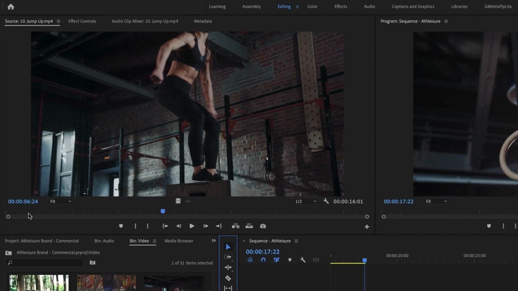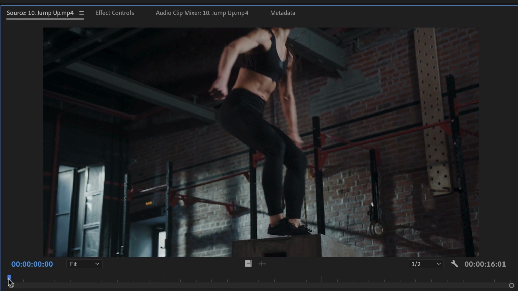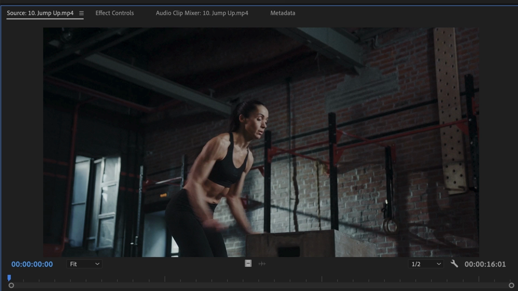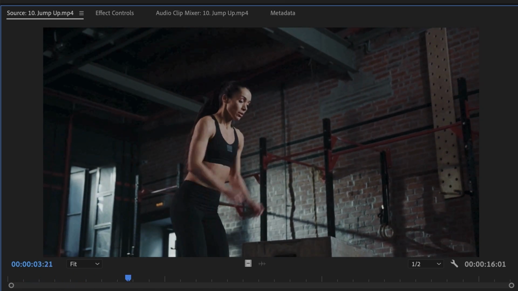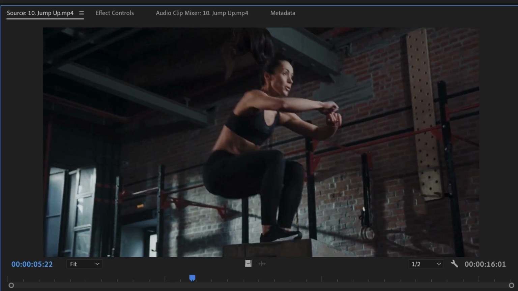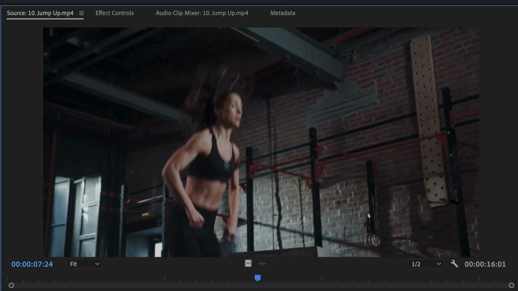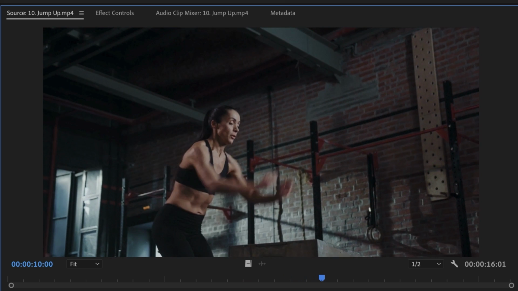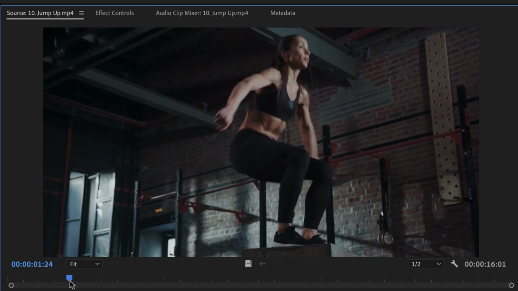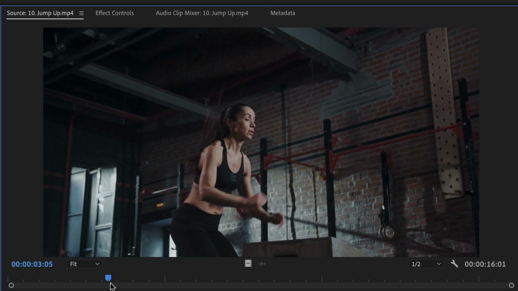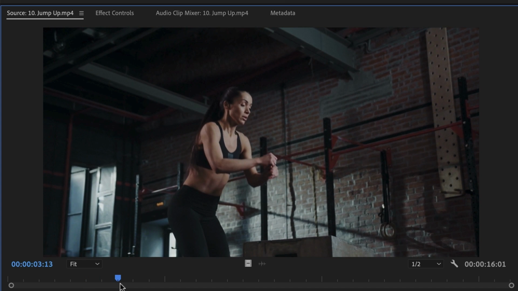The source monitor works in a similar way to the program monitor. You can scrub through your footage by pressing play or by dragging the playhead along. So as you can see, we can see the full clip in our source monitor, and then based on that, we can choose which section we'd like to bring into the timeline. So if I drag the playhead along here, choose the point I want just before the jump up onto the box,